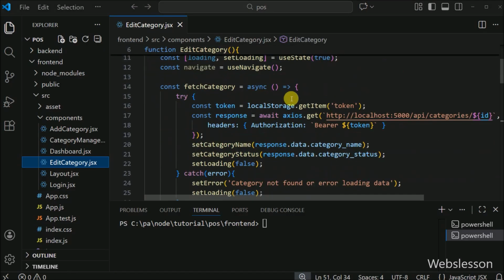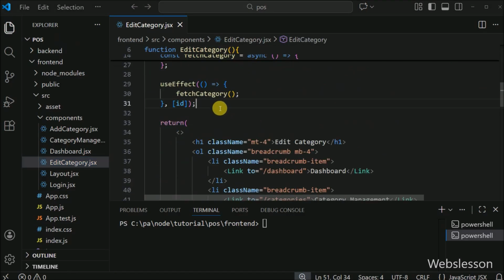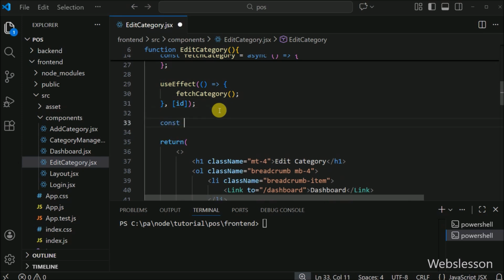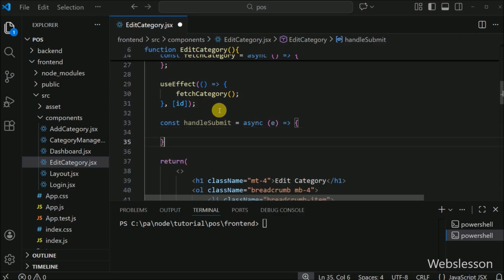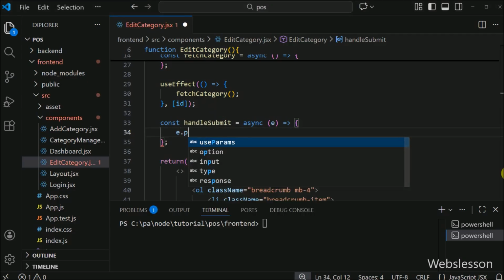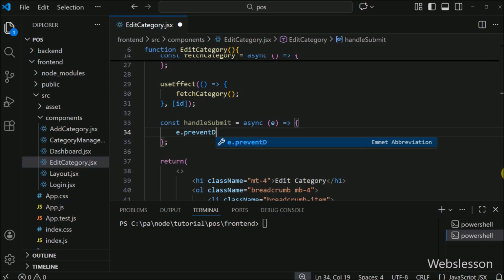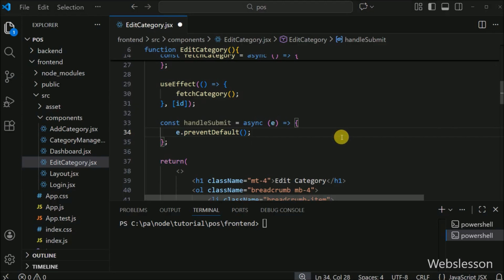And first we have to write const handleSubmit equal to an async arrow function with an event parameter. So here, we have defined a function to handle the form submission for updating a category. Next we have to write the event.preventDefault method. So here, we have stopped the default form submission behavior that would reload the page, keeping the app smooth